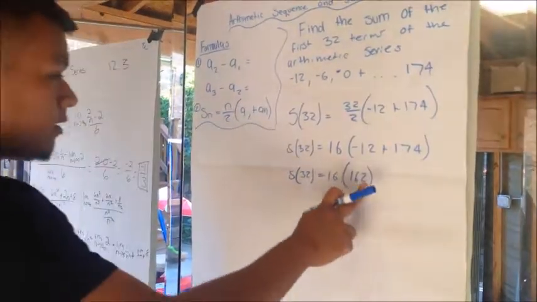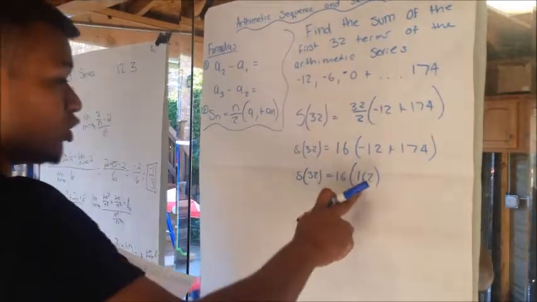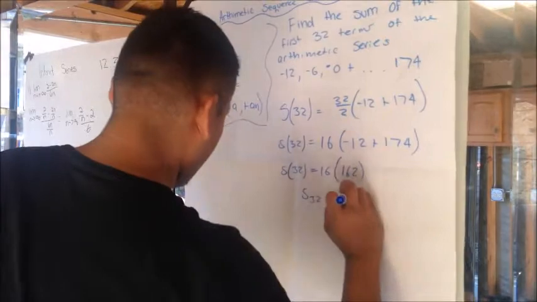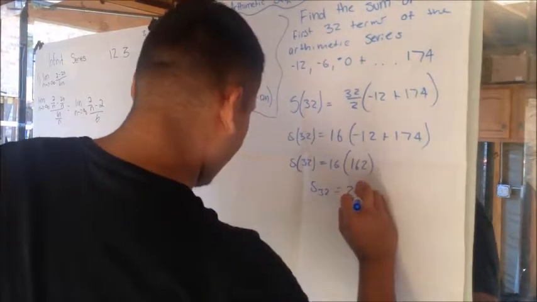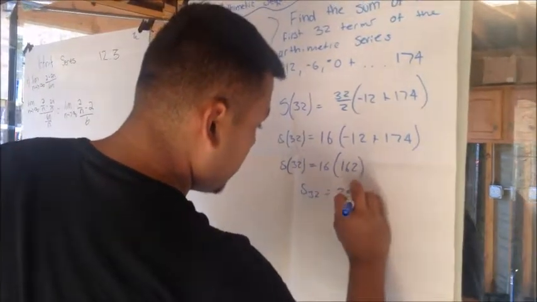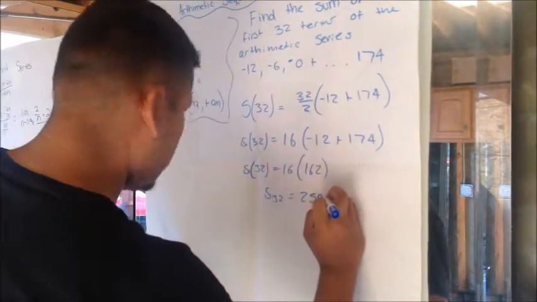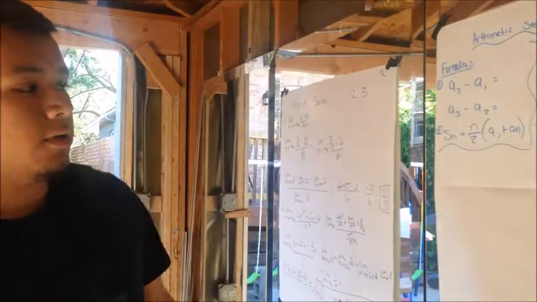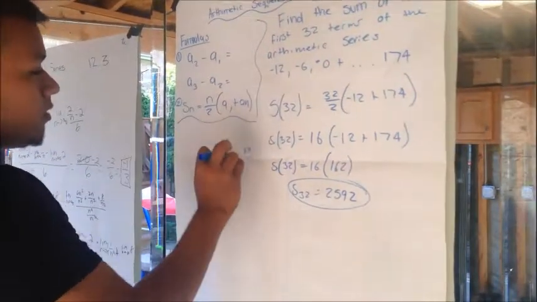After you do that, you multiply 16 times 162 and the answer would be 2,592. And that's how you get your first answer. Now,